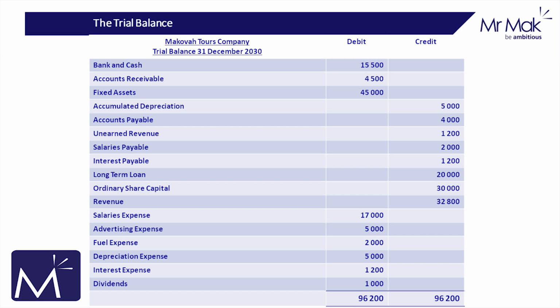If the general ledger has been compiled correctly, the trial balance is said to balance. Again, this simply means that the total on the debit side of the trial balance will be equal to the total on the credit side. The main reason for compiling a trial balance is to make sure that the journal entries in a company's bookkeeping